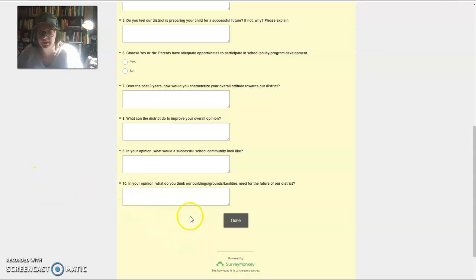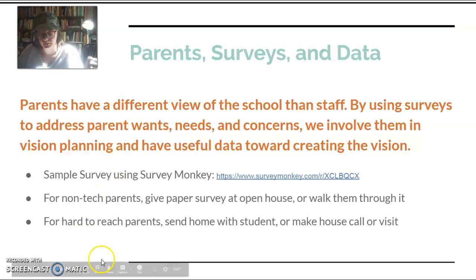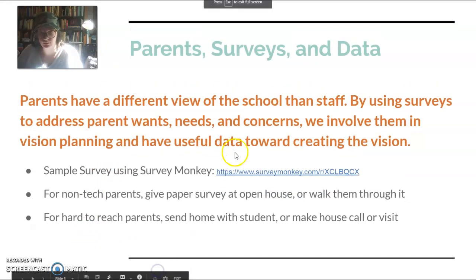And then number 10, what do you think our buildings, grounds, facilities need in the future? So I think this is a really good base survey, and then you can change it based on the needs for your school. So back to school